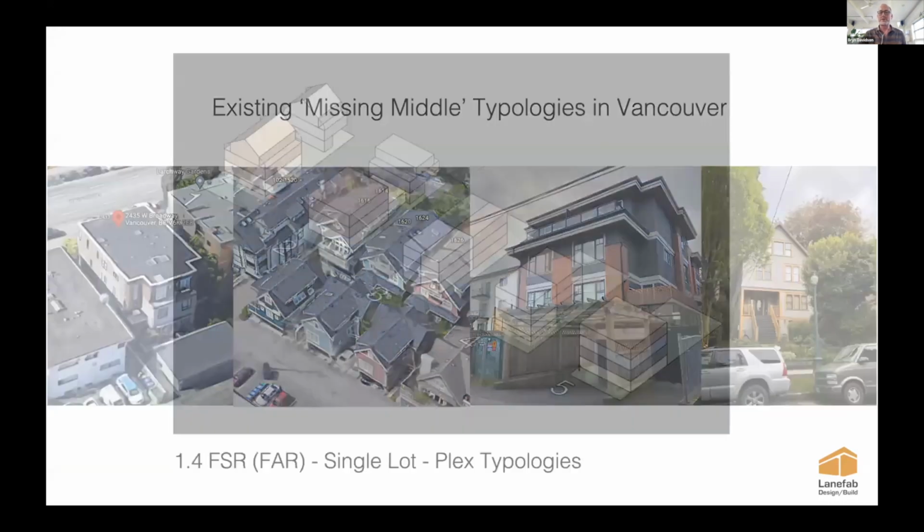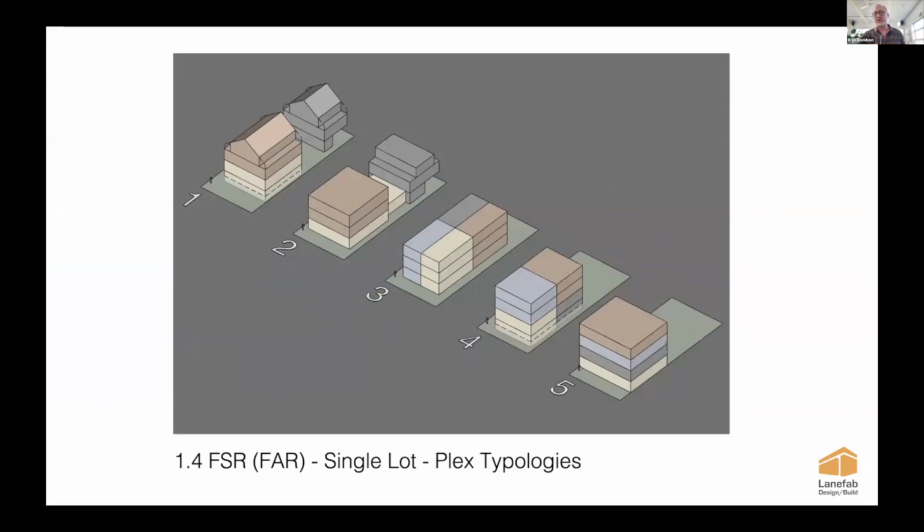But as we started, in our office, drawing these things and trying to come up with a kind of typology study where we looked at all these different things, trying to think about where Vancouver should be going in the future. These are all sort of equivalent density, 1.4 FAR, sort of apartment density, but on a single individual lot. So they could be developed without having to consolidate a whole bunch of lots at today's prices.